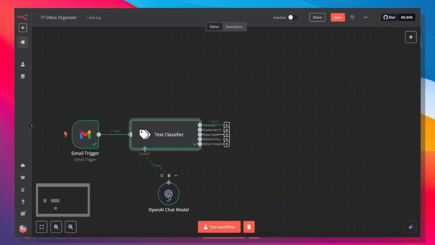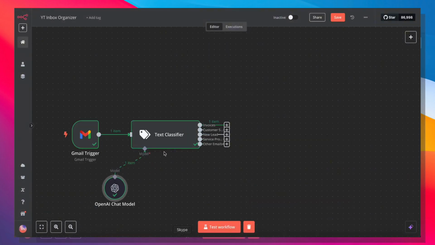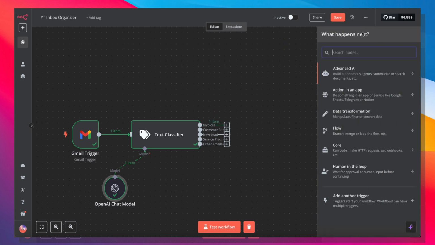Perfect. Now that it has categorized it as an invoice, we'll see that the invoices line is green, which means we do have one piece of data which has gone down this route. And now we can build out the rest of our automation. So from invoices, we actually have to extract the data from the email and then add that data to our Google Sheet. So in order to do that, the first thing we need to do is create a chat completion or message and